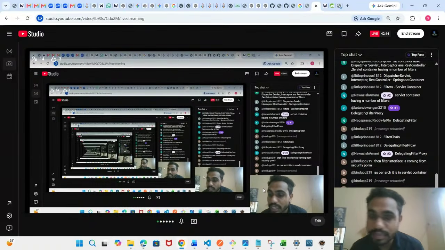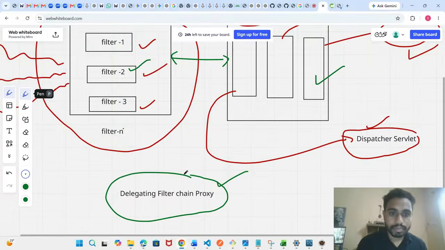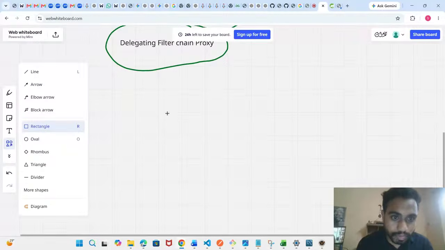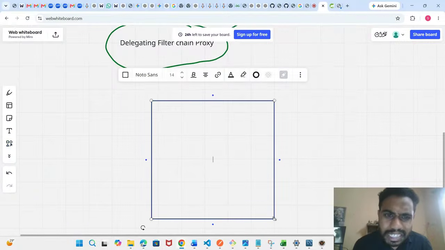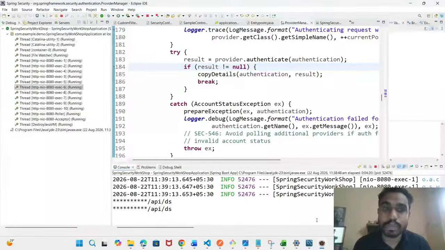See, Spring Security, as I said, this filter box is there, no? In our Spring Boot application, there are a lot of filters. But if you're using Spring Boot Security, then you can see only particular filters. Earlier I showed you the delegating filter chain proxy. Likewise, there are some filters specific to Spring Security. All the filters I already showed you, Bindu. Is that clear now?